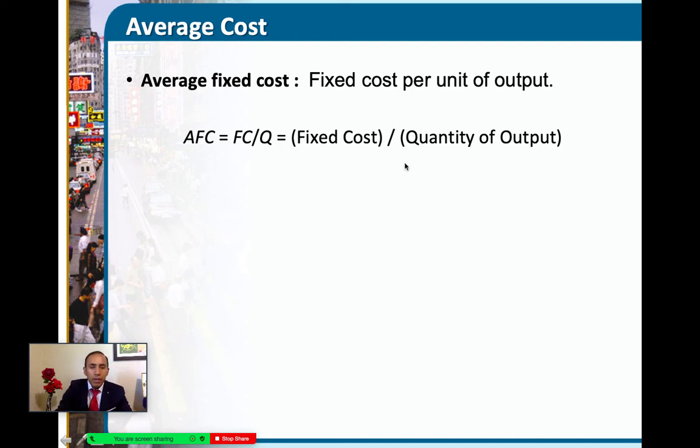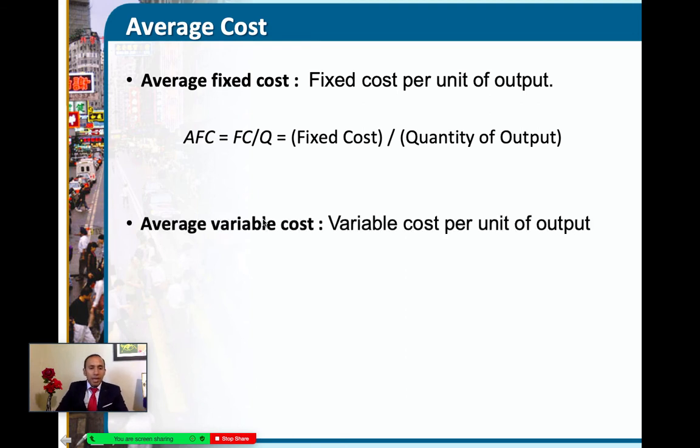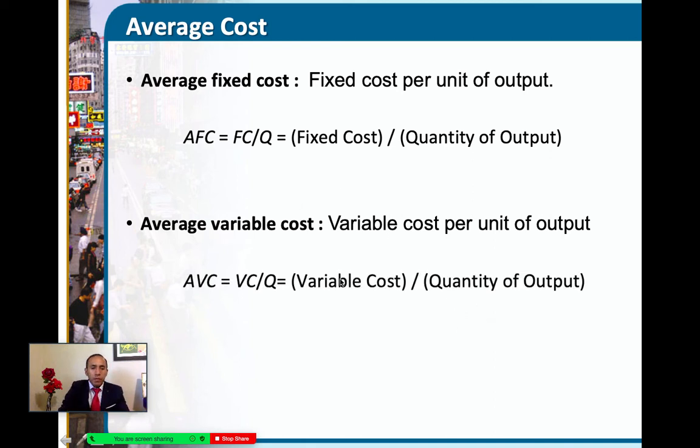Fixed cost divided by quantity will give us the average fixed cost for a particular quantity of output. And then if we want to know the average variable cost, we can find the average variable cost per unit by dividing variable costs over the quantity of output. So the average variable cost, AVC, is the variable cost of operation divided by the quantity that we're producing, and that will give us the average variable cost of producing any specific